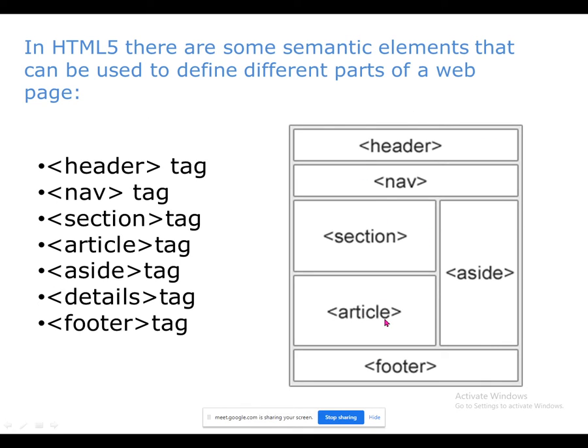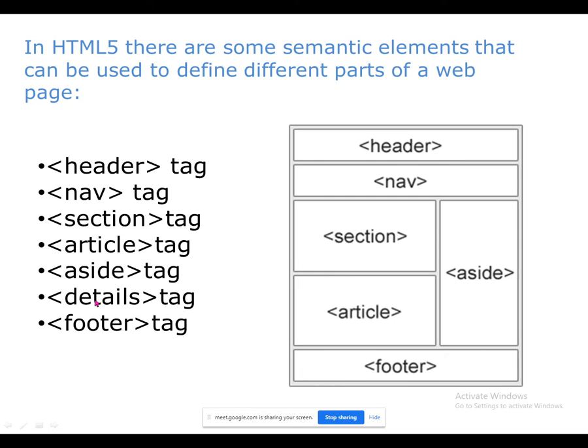See, all these tags are not necessary to use everywhere, but that depends on the layout and on the information: which tag, which part or which elements you are going to use in your website. Okay, look at this part. It's looking like a sidebar. Now some information I want to manage with such a layout. Such a layout is called a sidebar. So you can use the aside element to manage this type of layout. So as per your syllabus, a header tag is there, nav tag is there, section tag is there, article tag is there, aside, details tag.